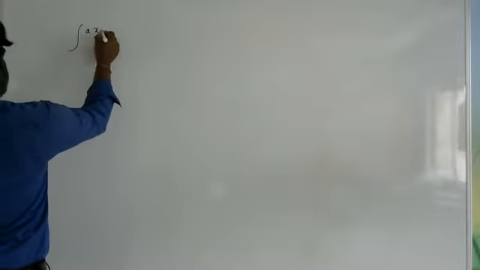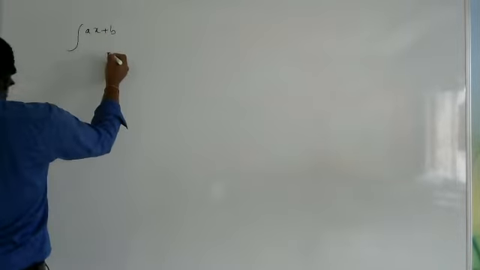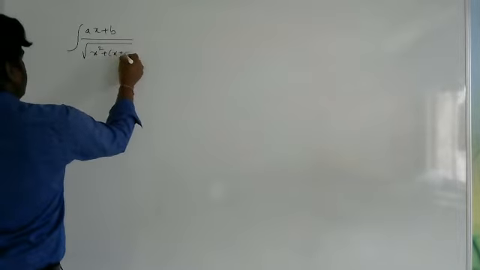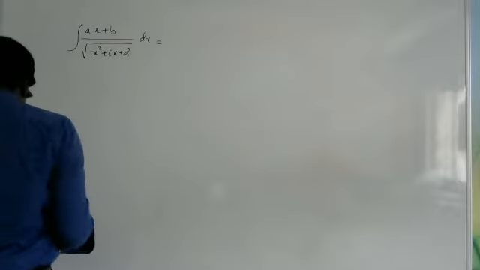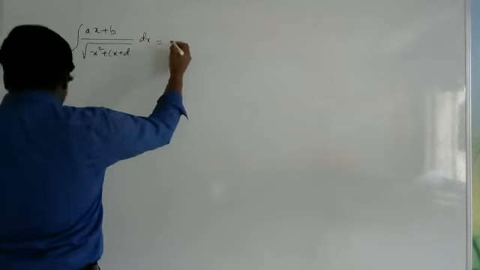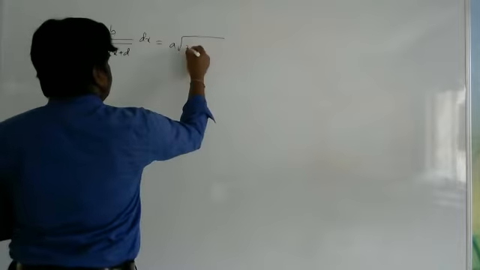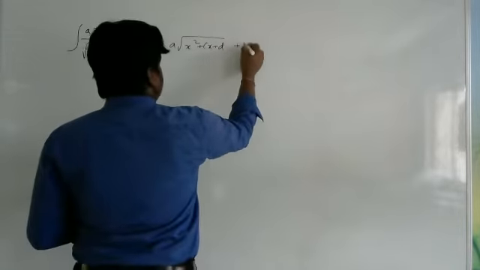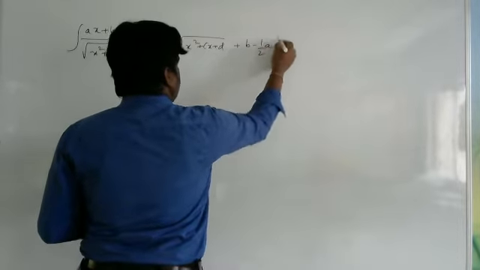So I am going to give you now the formula, and then we will do the problems on shortcut methods of integration. Okay. Integration of (ax + b) divided by square root of x square plus cx plus d dx. Whenever you have this, the shortcut formula will be a times square root of x square plus cx plus d plus (b minus half ac)